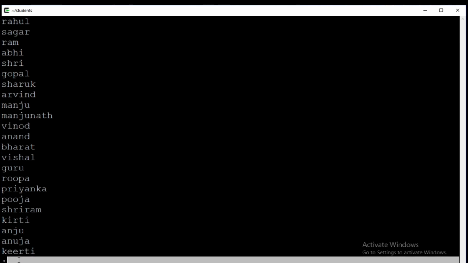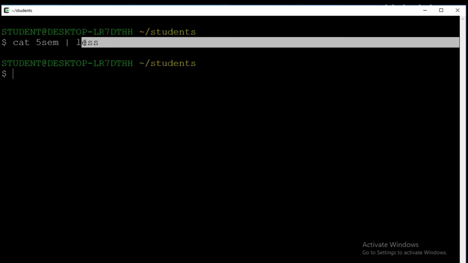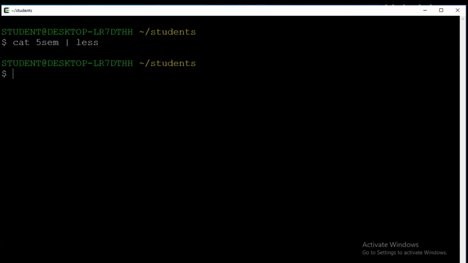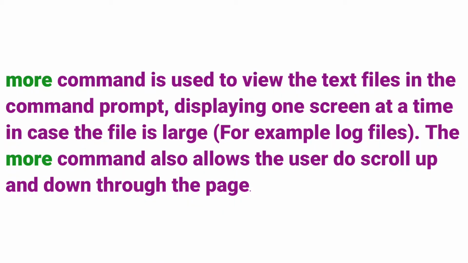Apart from the less command, we have another command called the more command, or the pg command. Both commands work the same. So what does the more command do? The more command is used to view text files in the command prompt, displaying one screen at a time in case the file is large. It may be a log file.